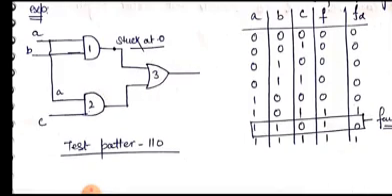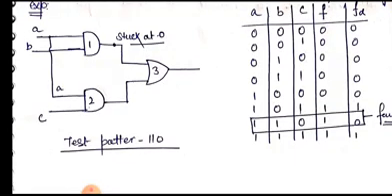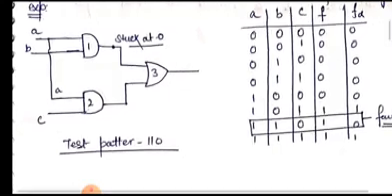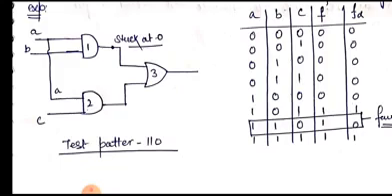And the last combination we can check, and then come back to the other input combinations. When A and B is 1, we get a 1. When A and C is 1, we get a 1, and 1 plus 1 is also 1, and 0 plus 1 is also 1, no problem at all.